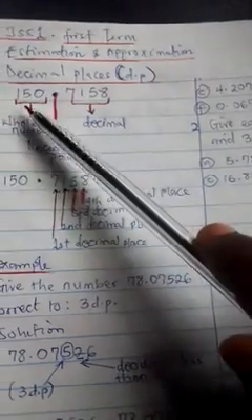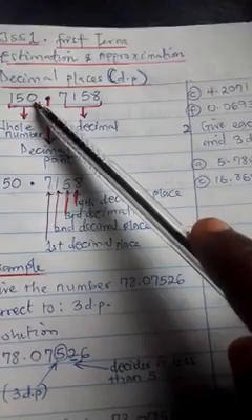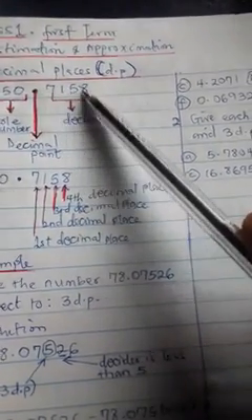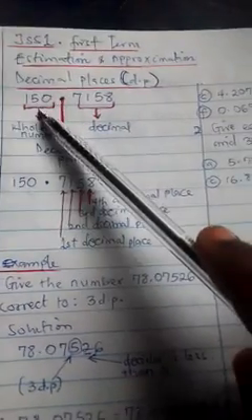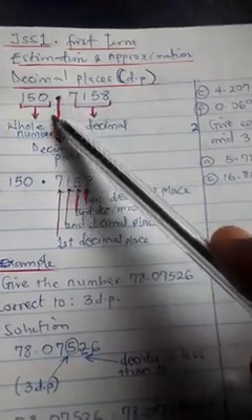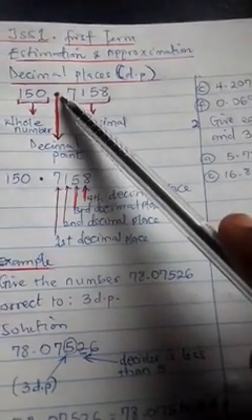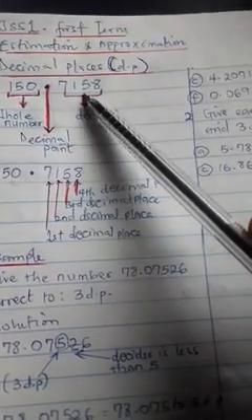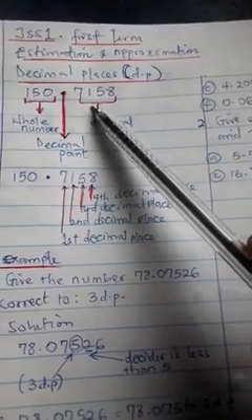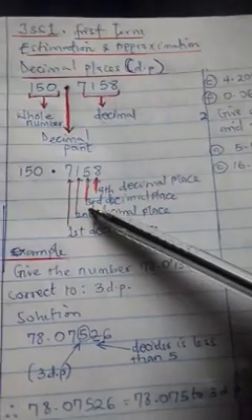Now we have these numbers: 150, then this point, then 7158. This 150 here is the whole number. This here is the decimal point. Immediately after the decimal point, you now have the decimal numbers. Do you see that? They are called the decimal numbers. Now, the way in which it is named,